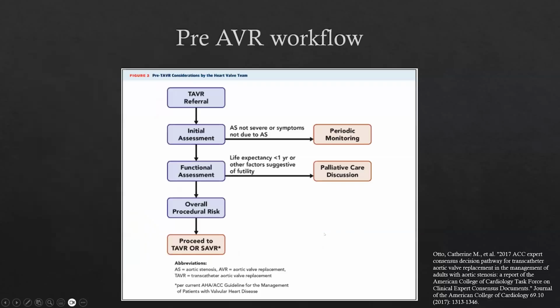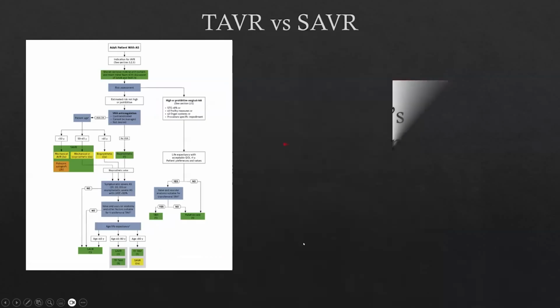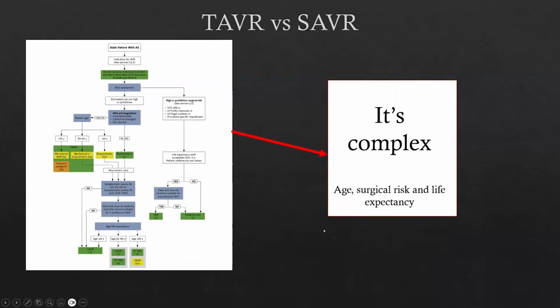All right, so once a patient has ultimately been worked up and found to have severe aortic stenosis, and the life expectancy is expected greater than 1 year, then the next step is to proceed for an aortic valve replacement, and that is either going to be a TAVR or a SAVR, a surgical aortic valve replacement. And this decision is quite complicated and involves a multidisciplinary heart team to make a very nuanced decision depending on the patient's specific details.